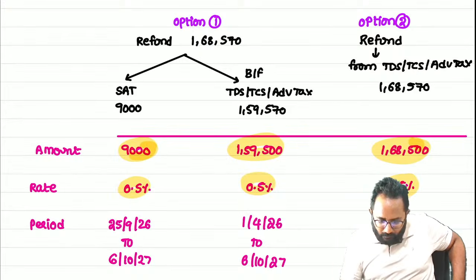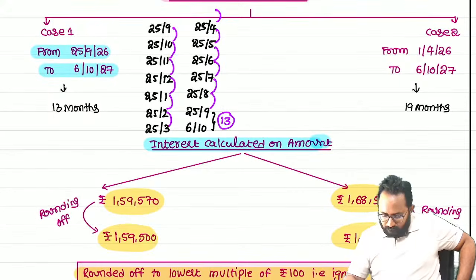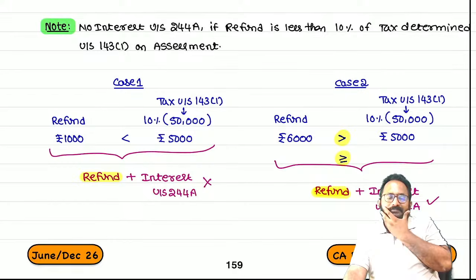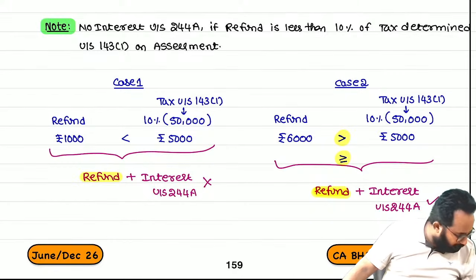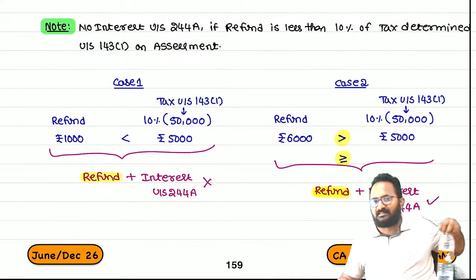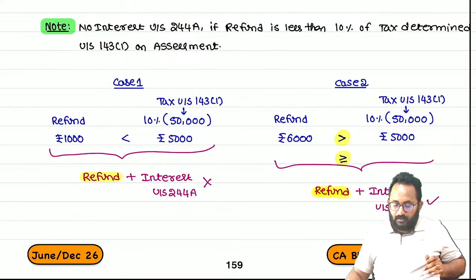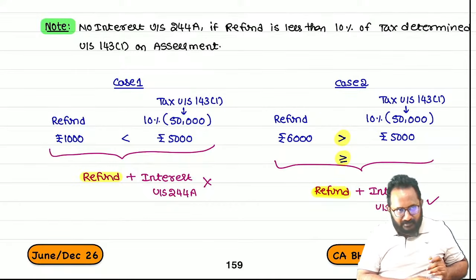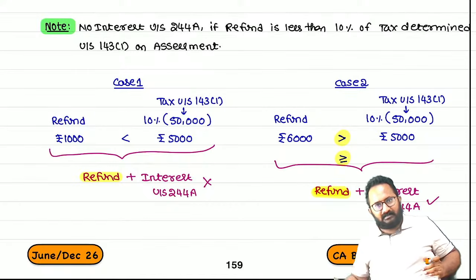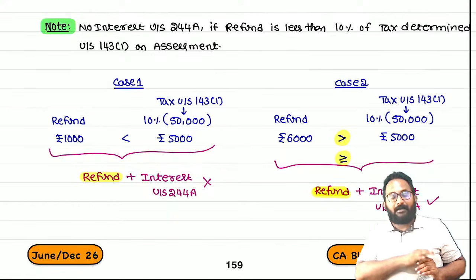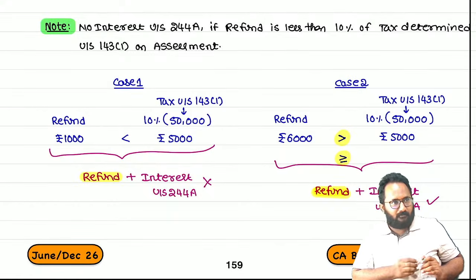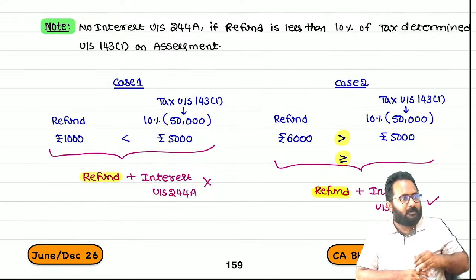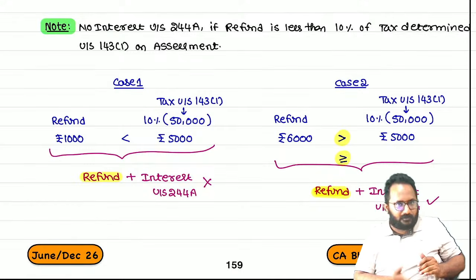Now, one more MCQ point. Look at page number 159. Rare cases, okay, your clients can ask these things. Sir, you filed return of income for me as well as my friend. Both are getting refund, sir. But I got only refund. My friend got interest on refund also. Why is there no interest on refund for me?